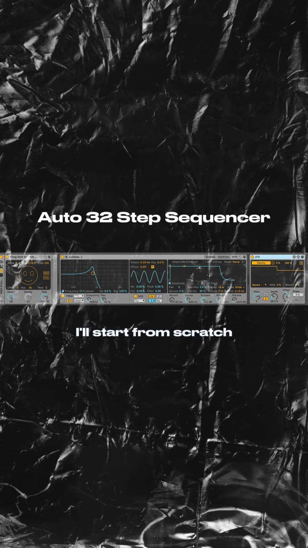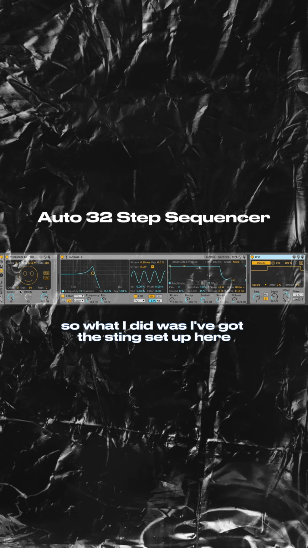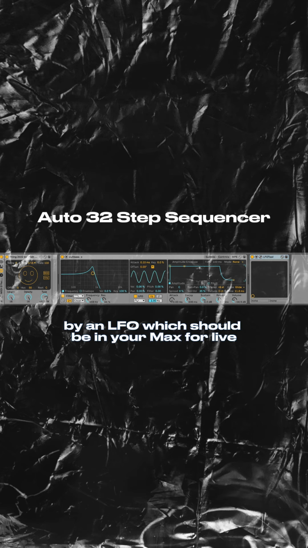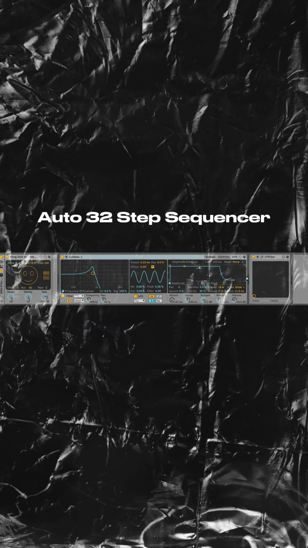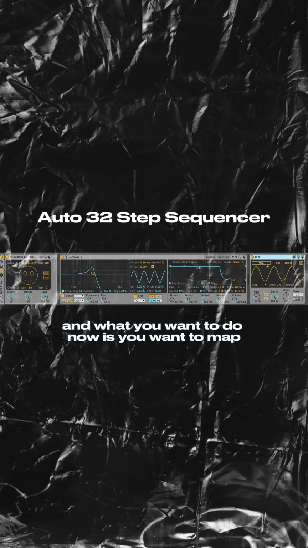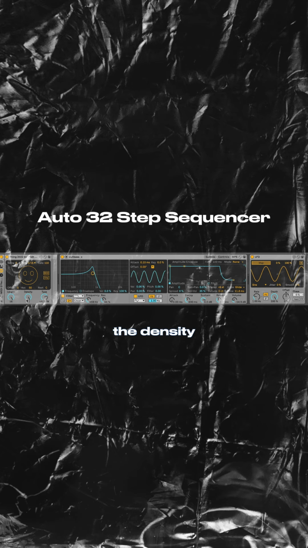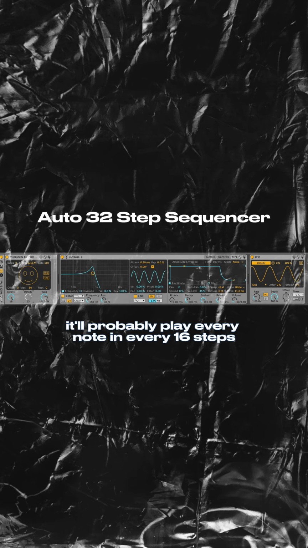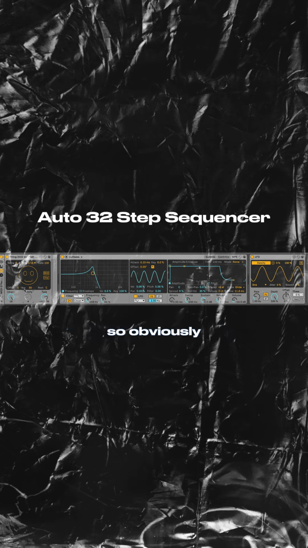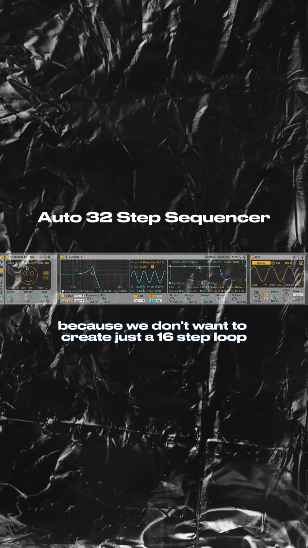I'll start from scratch. So what I did was, I've got the Sting set up here. I'll delete that. Find LFO, which should be in your Max for Live. So you add your LFO in, and what you want to do now is map the density. What the density does is, if you have the density low down, there'll be fewer notes in the sequence. If you have it all the way to the top, it'll probably play every note in every 16 steps. So obviously, because we don't want to create just a 16-step loop, which is over pretty quickly,